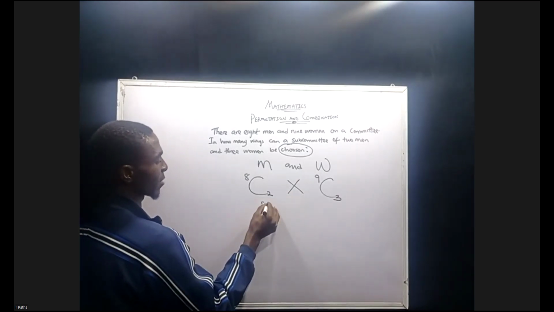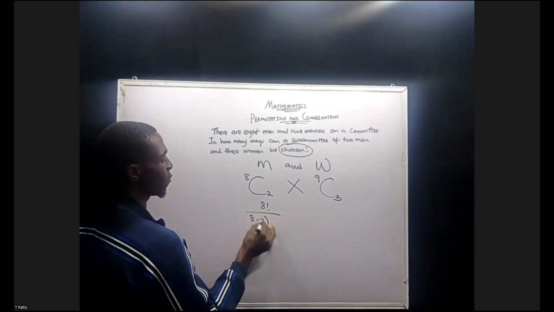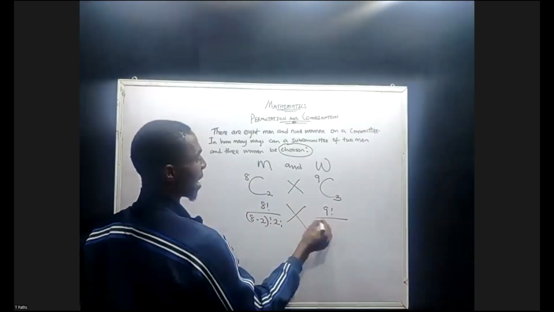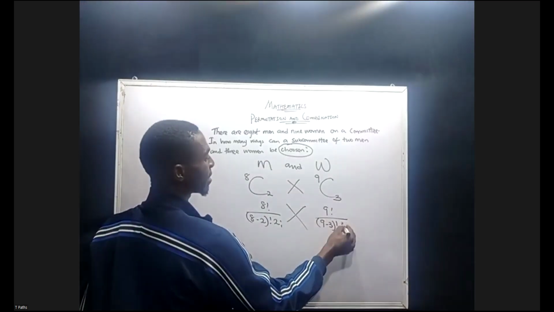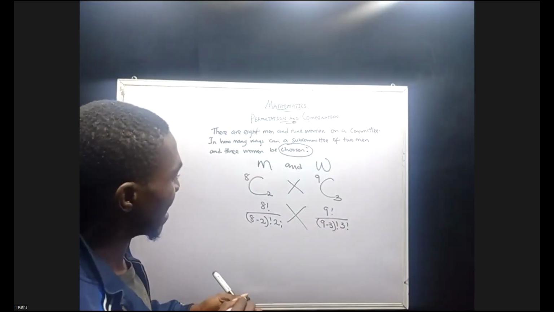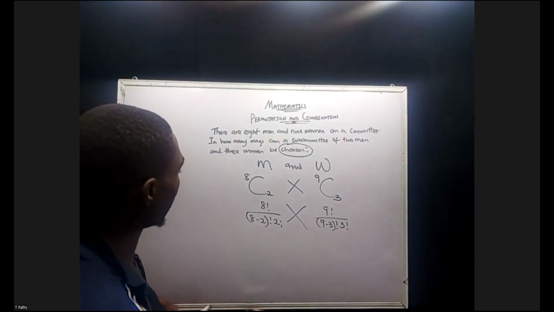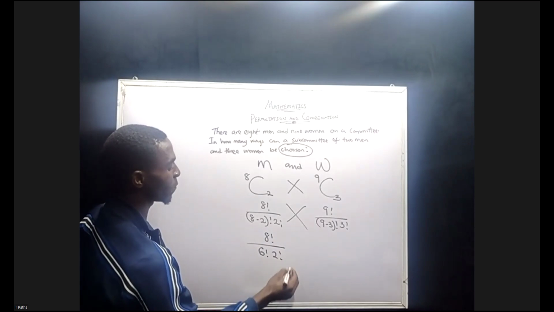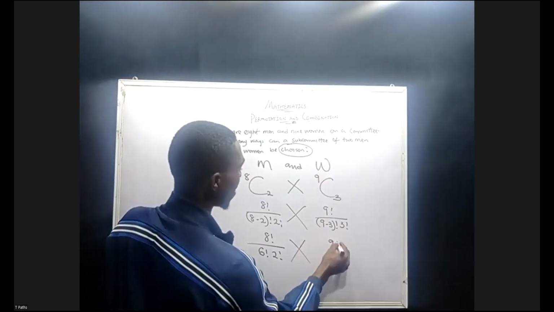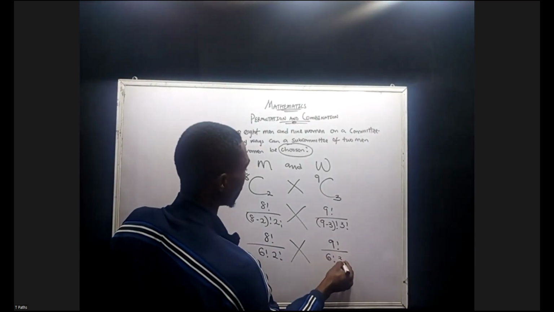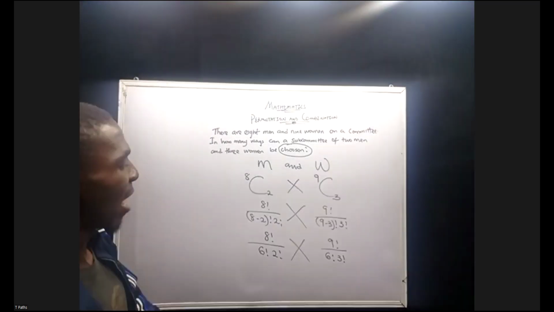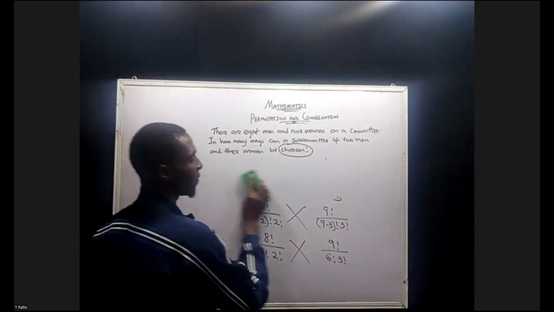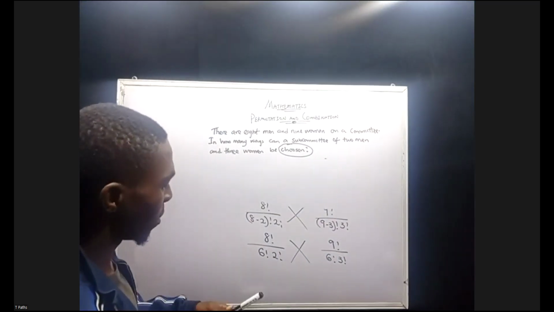Here we have 8 factorial over 8 minus 2 factorial, 2 factorial, and 9 factorial over 9 minus 3 factorial, 3 factorial. Now, the next thing we do is what? Simplify further. 8 factorial over 6 factorial, 2 factorial, and 9 factorial over 6 factorial, 3 factorial. Now, since we have all these 3 points, then we can now start by summing further. So here becomes